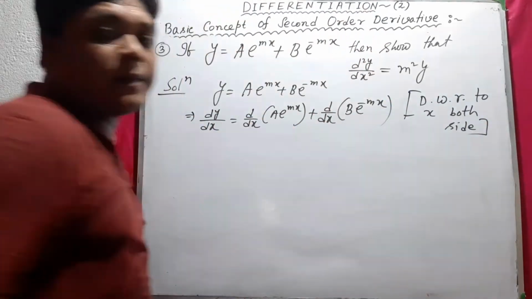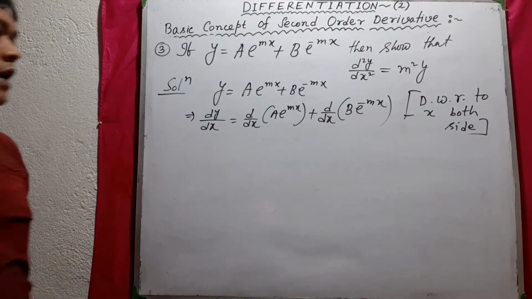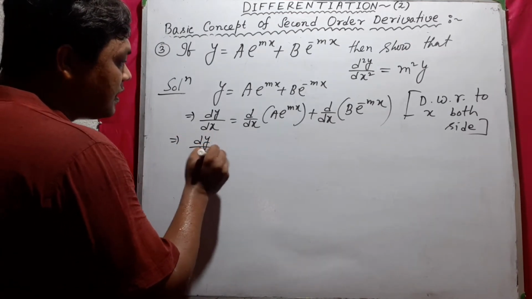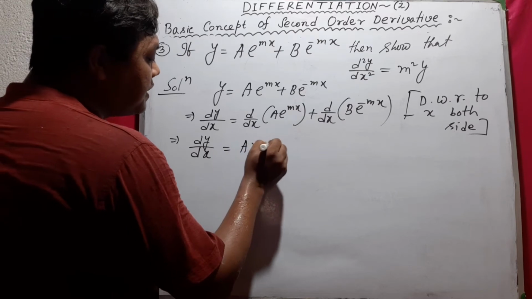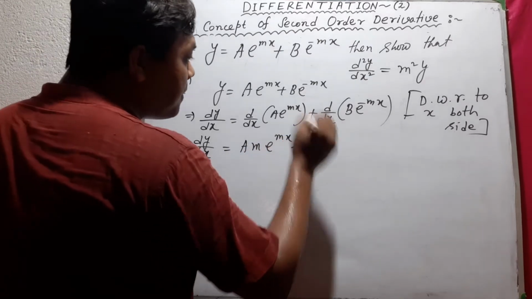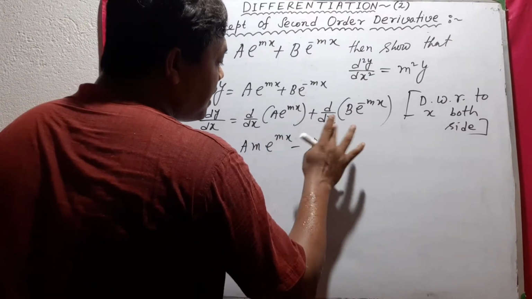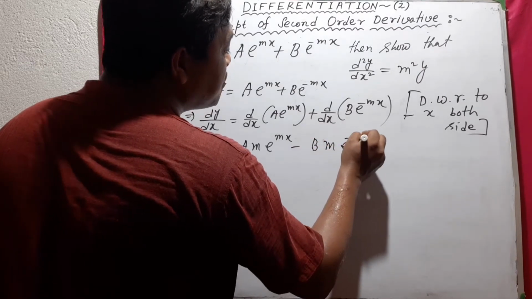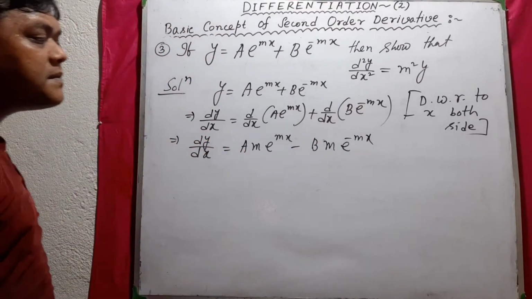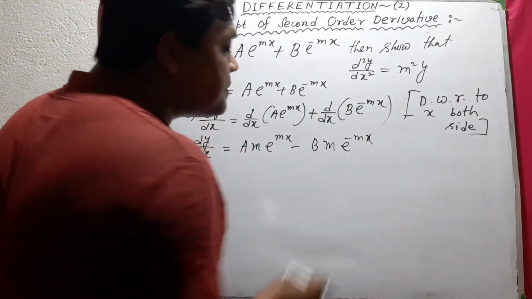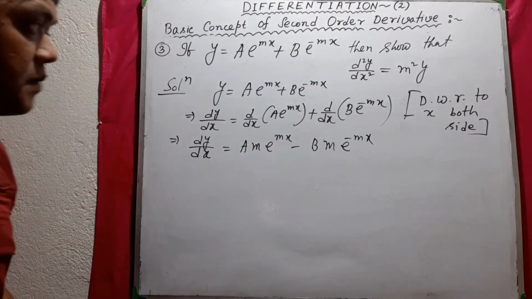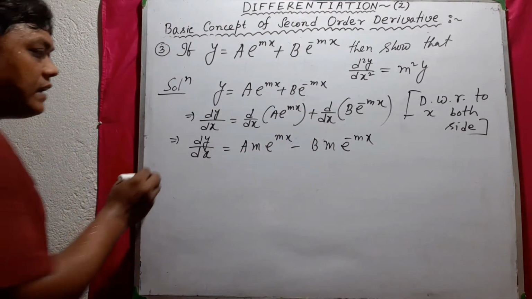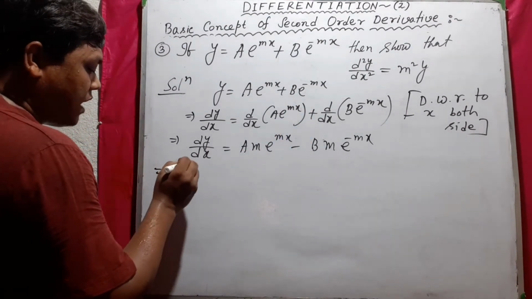পুরো সমীকরণটাকে আমরা ডেরিভেটিভ করলাম। So according to the derivative rule, dy/dx equals a into m into e to the power mx minus b into m e to the power minus mx. Why? কারণ e to the minus mx থাকবে, আর minus mx এর ডেরিভেটিভ করলে minus m আসবে, সেই জন্য এখানে মাইনাস হয়ে গেল প্লাসের জায়গায়। ওকে, তো সিমিলারলি d2y/dx2